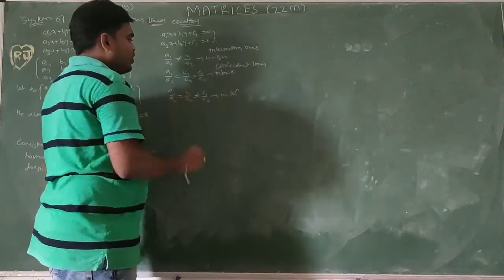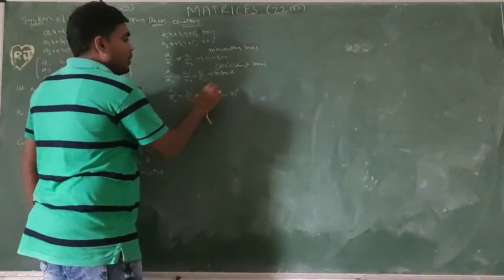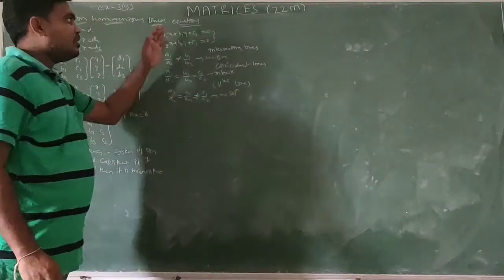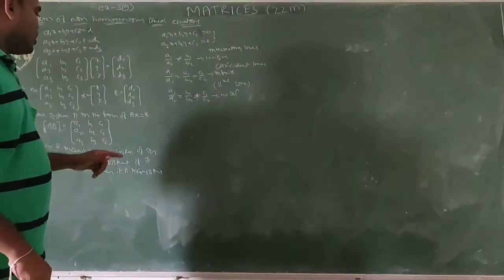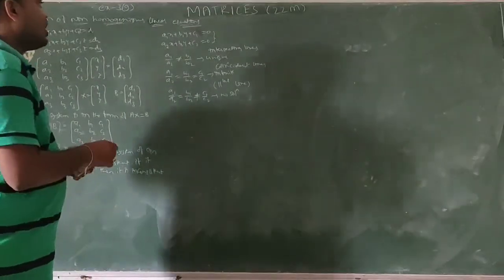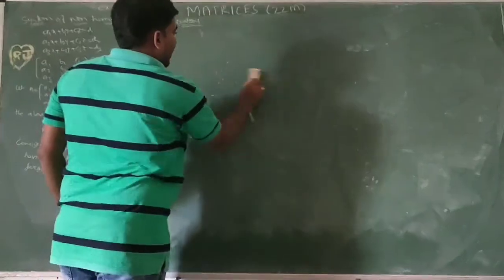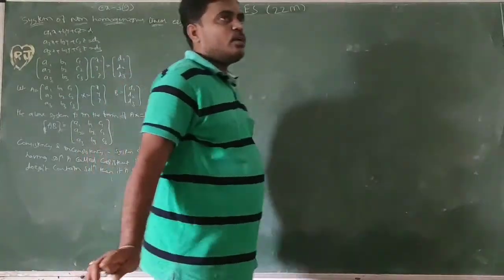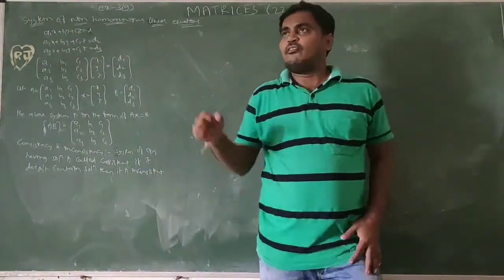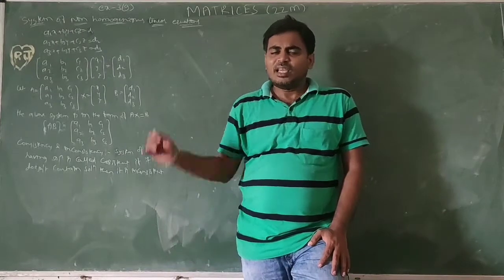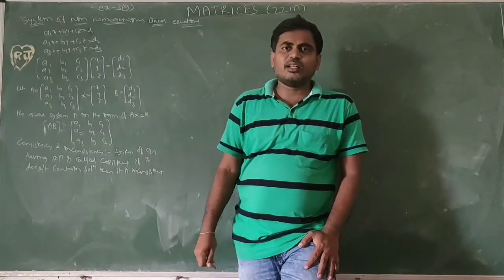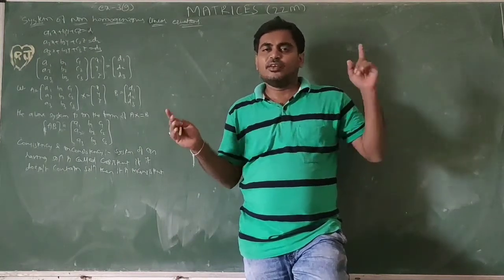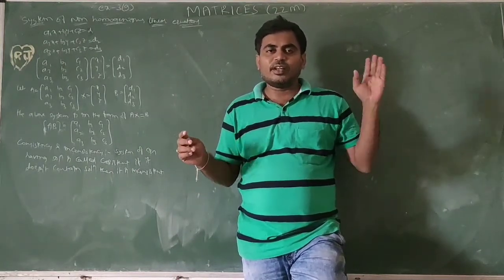If a1 by a2 equal to b1 by b2 not equal to c1 by c2, parallel lines. So you know about this one in 10th class. So here what is required I will tell you. When it is unique solution, when it is infinite solution, when it is no solution. Before that, if it contains unique solution or infinite solution, then automatically it is consistent. Solution consistent, unique or infinite, so definitely it is consistent.